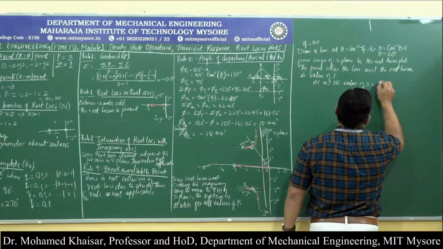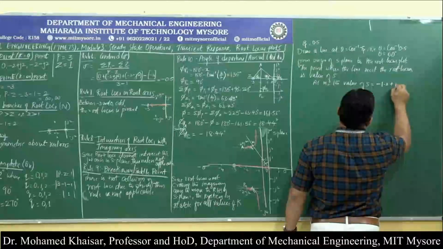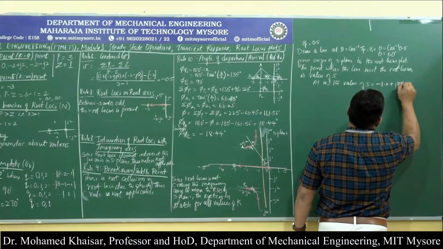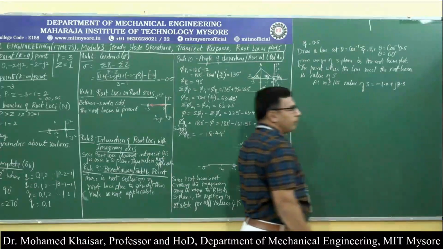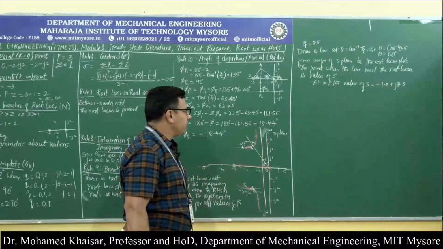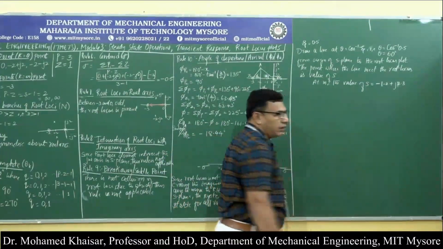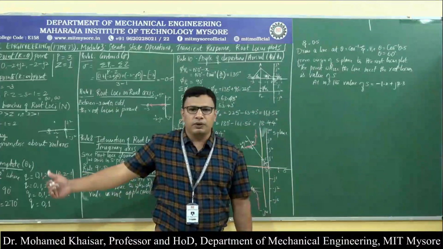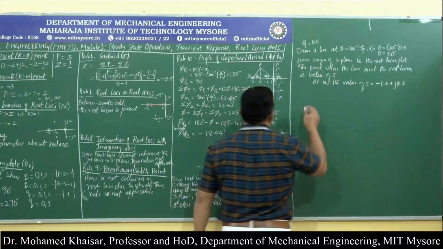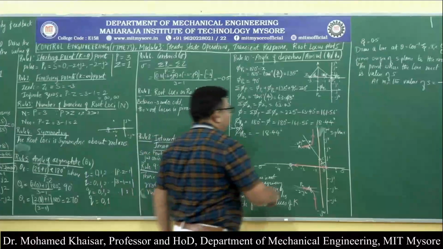minus 1.2 plus j2.3, minus 1.2 plus j2.3, that is the value. Now what we will do is, we will try to find the modulus of the given open loop transfer function, and we will try to equate it to 1. So what is the given problem here? Let us take it from here itself.